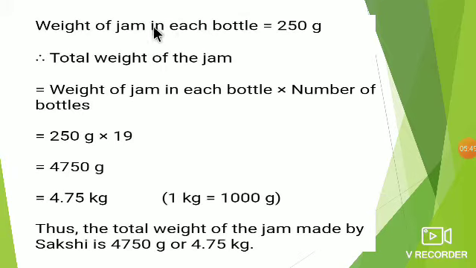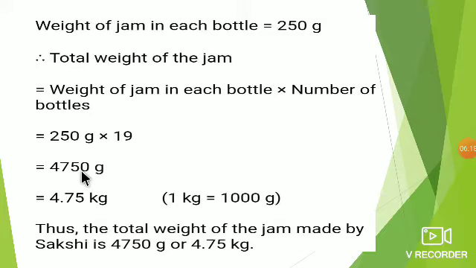So, weight of the jam in each bottle is equal to 250 gram. Therefore, total weight of the jam is equal to weight of the jam in each bottle multiplied by number of bottles. Weight of one bottle is 250 gram multiplied by 19 bottles. We just have to find it. So, after multiplication, the product is